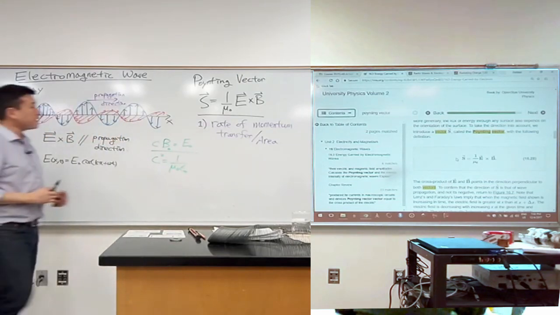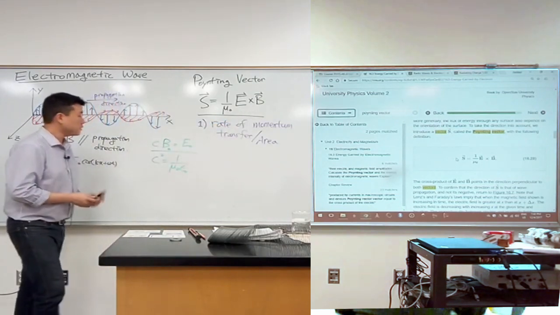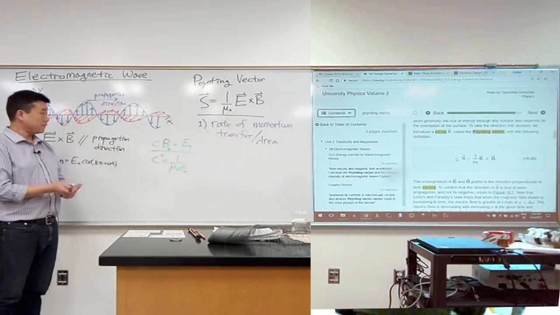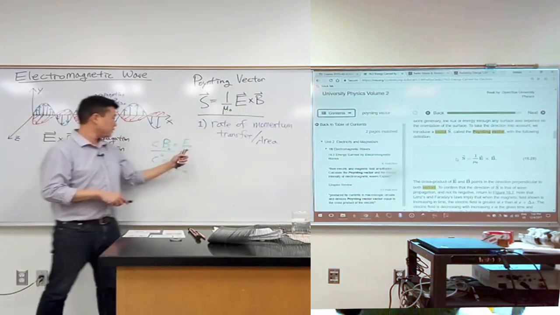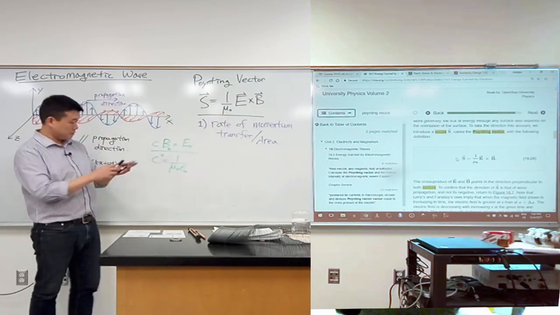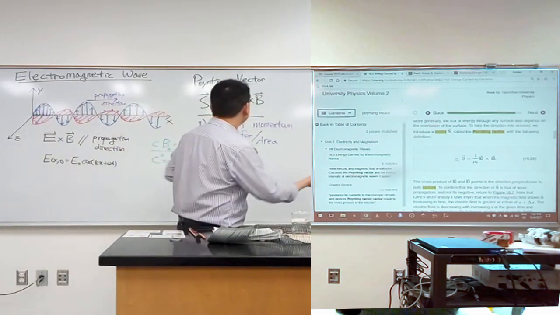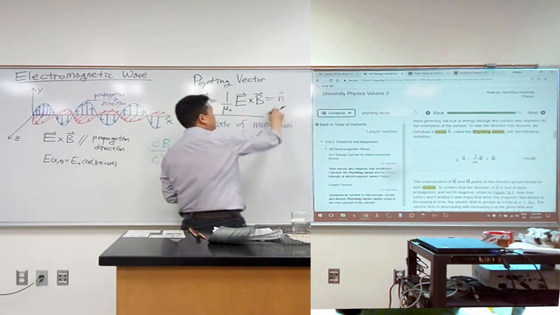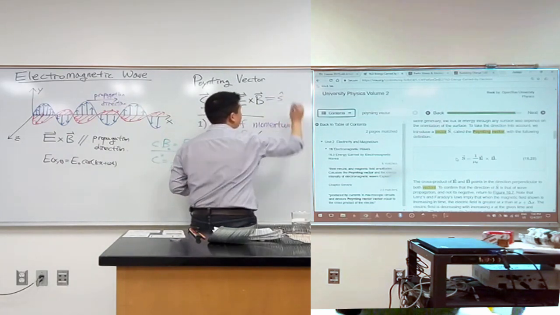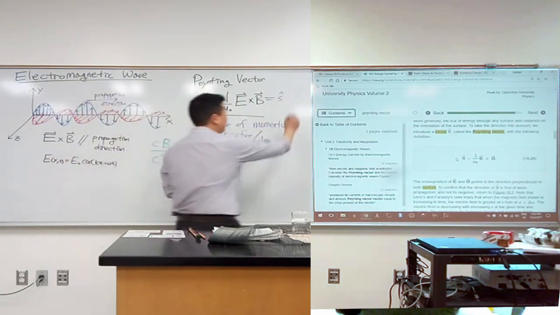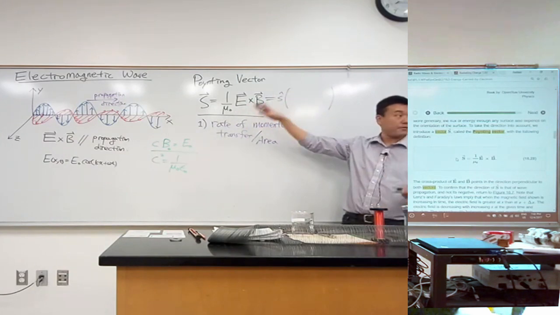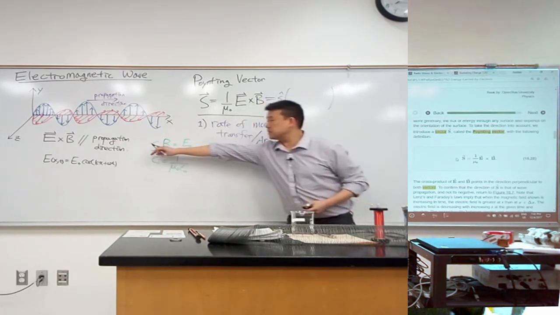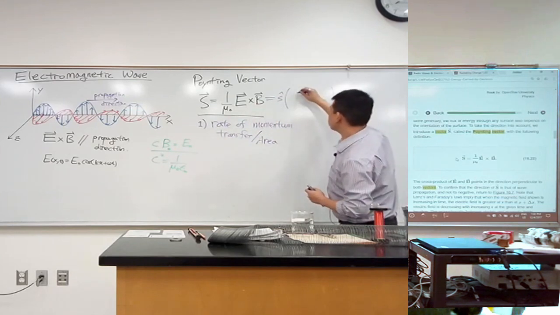So using that, I can rewrite this in a couple different ways. The first way is going to be actually pretty meaningful. So let me rewrite the electric field amplitude in terms of magnetic field. In that case, I get this expression. It's going to be pointing in some direction. Let me call it lowercase s hat. So some direction, and I'm writing down the magnitude of the vector. These two are perpendicular to each other, so there's no sine or cosine to worry about. So CB times B. So this is C times B squared